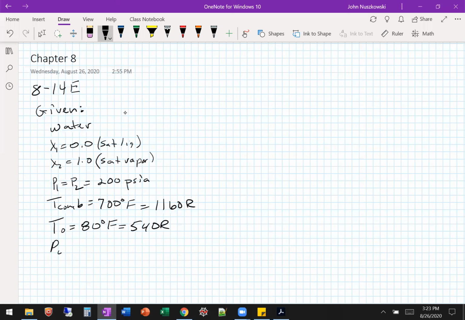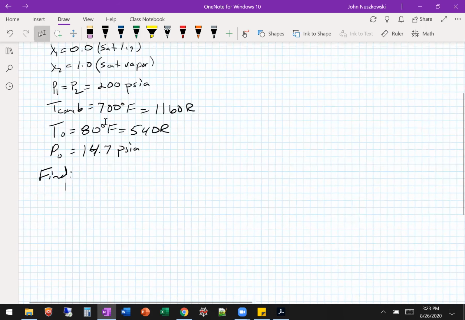We have a dead state pressure, which is 14.7 psia. They want us to find the X destroyed, okay, which is the wasted